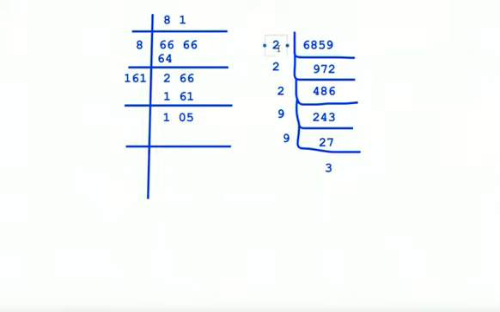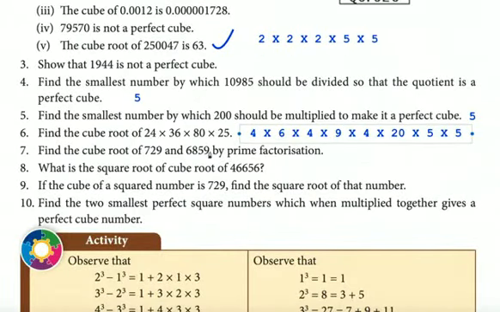Oh, finally we got one prime number. One factor for 6859. Okay, 361, will it go by 19? Yes, it will go by 19. 19. This one is 19. So 19 cube is 6859. So the answer is 19 for this.